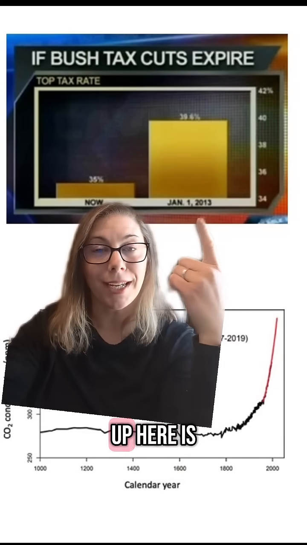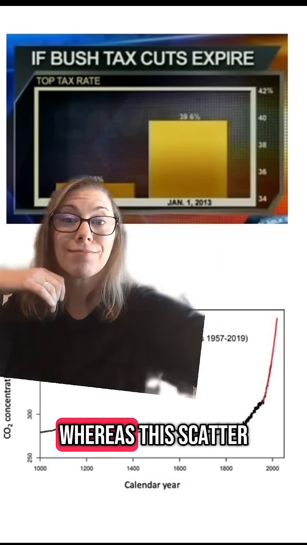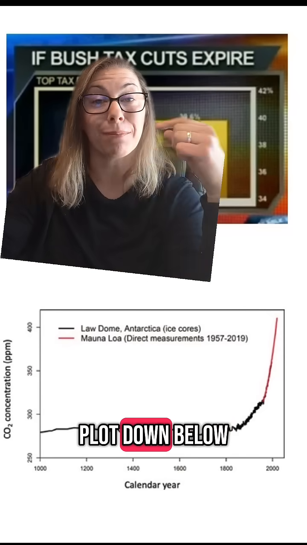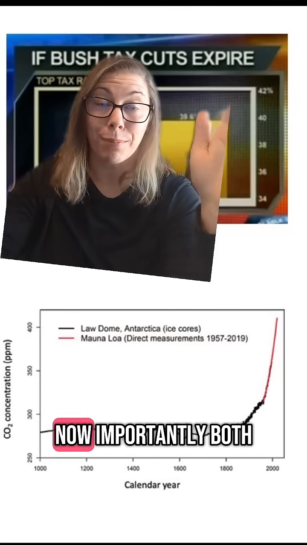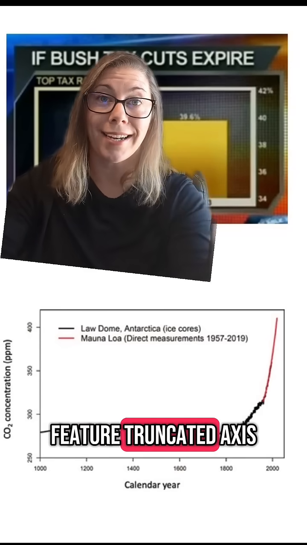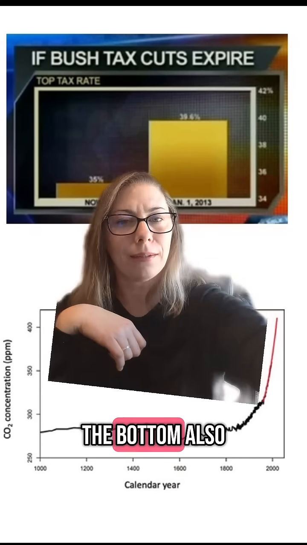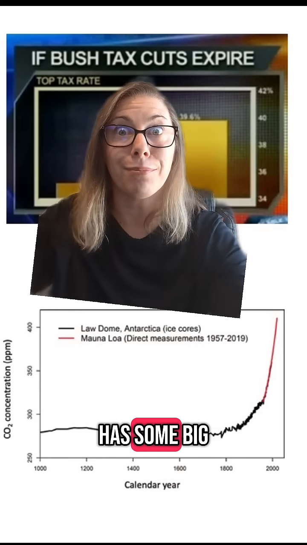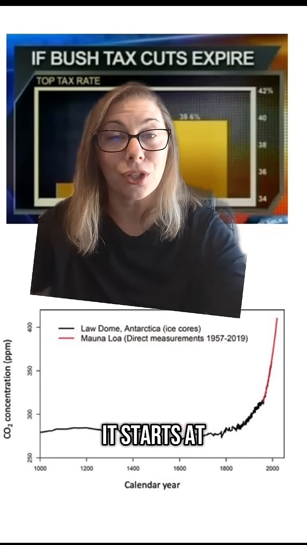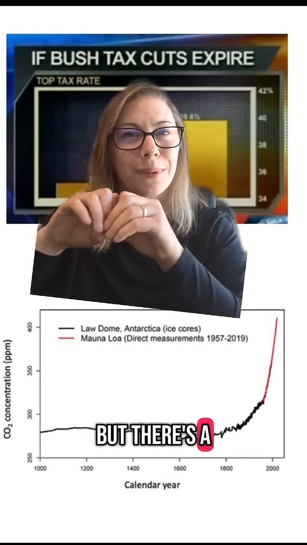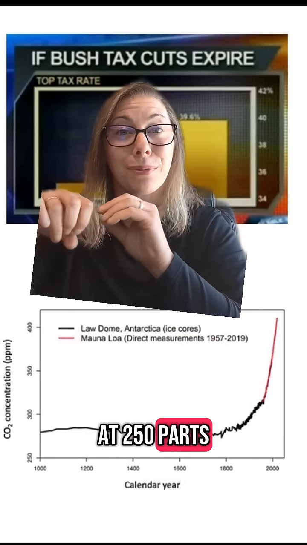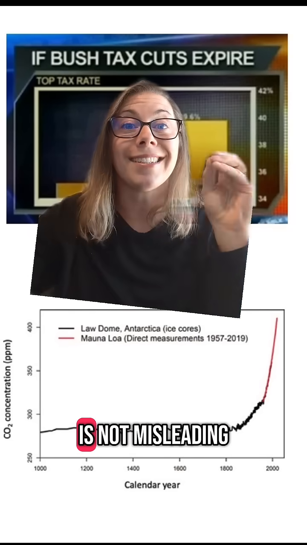This bar chart up here is lying to you, whereas this scatter plot down below is not. Now, importantly, both feature truncated axes. This one starts at 34%, and the one on the bottom also has some big number changes. It starts at 250, but there's a reason that starting at 250 parts per million for carbon dioxide is not